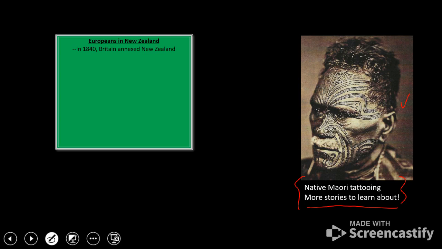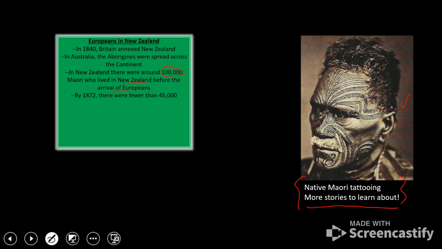In 1840, Britain did annex New Zealand as one of the last places in the world to be colonized. In Australia, the Aborigines were spread across the continent, but in New Zealand, there were about 100,000 Maori people who lived there before the arrival of the Europeans. By 1872, that was less than 45,000. So there was resistance, but